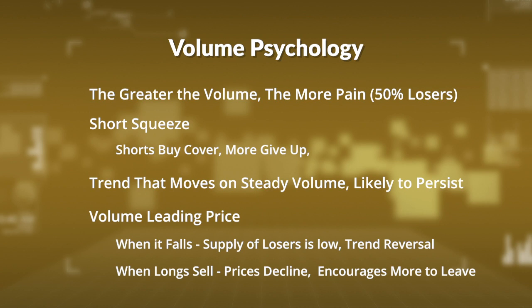So the first thing I was going to talk about is a short squeeze. I think some of you have heard that. Basically the prices start to rise. The shorts are now giving up because obviously their position is starting to become more of a loser. So they buy to cover. Well, now the rally is going up, so more of those shorts give up and so on. So there you go, you end up with a rally out of the short squeeze. Those who think the market's going to go down are going to short it, and so they have to cover it if it starts going the wrong direction, and vice versa is true, really.